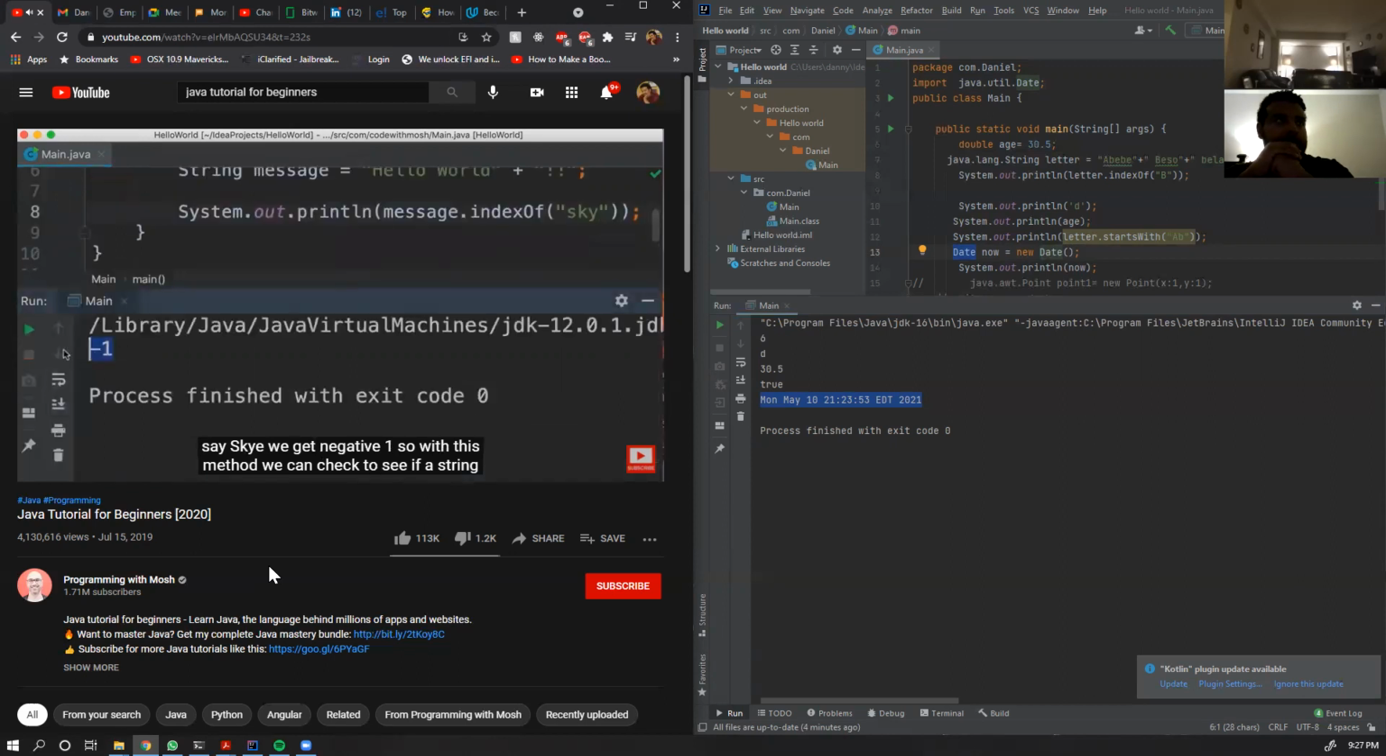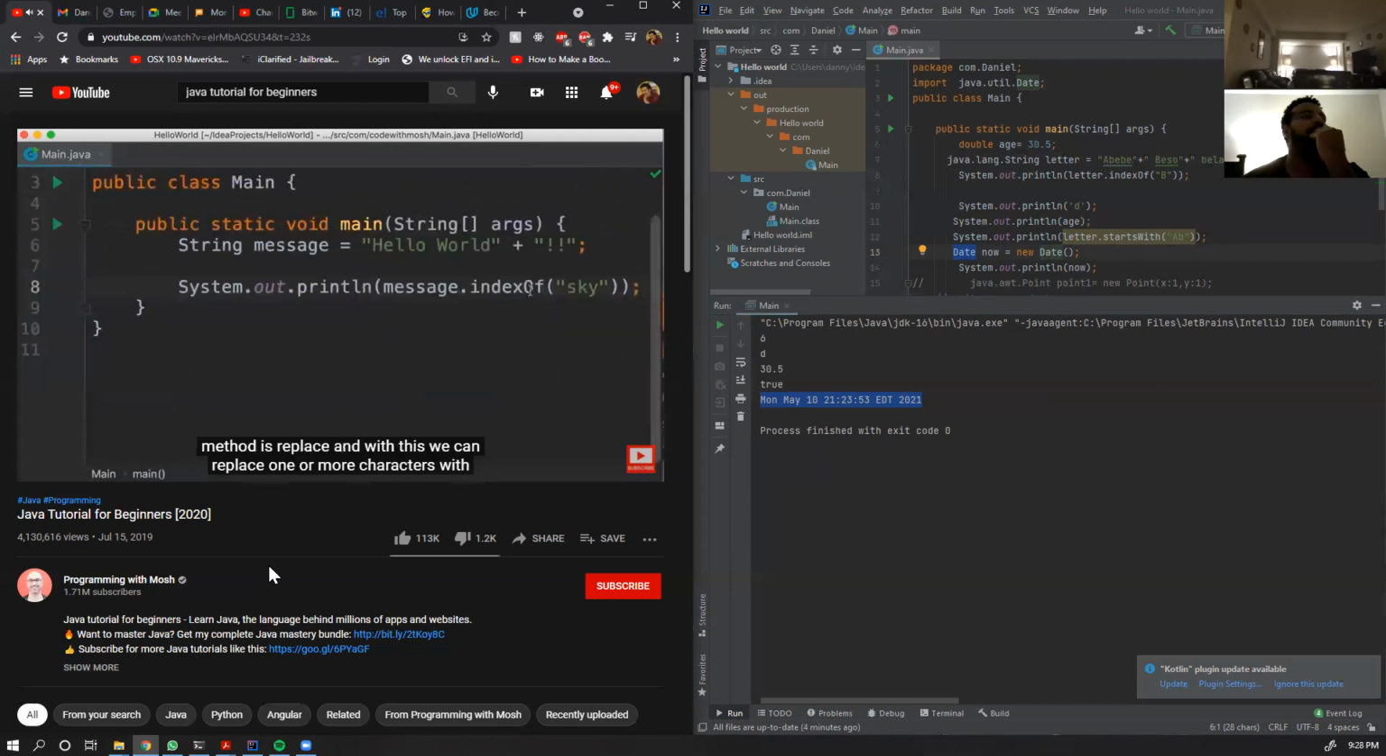We get -1. So with this method, we can check to see if a string contains certain characters or words or sentences and so on. Another useful method is replace. And with this, we can replace one or more characters with something else. For example, we can replace any exclamation marks with,